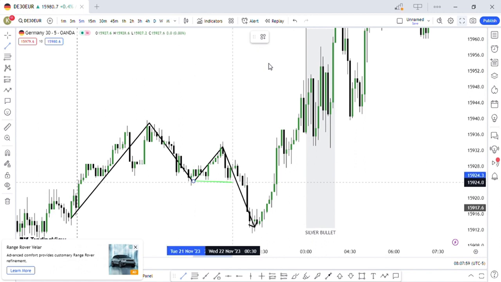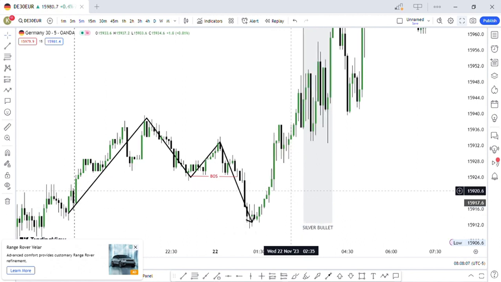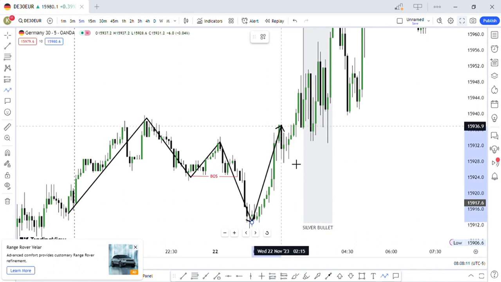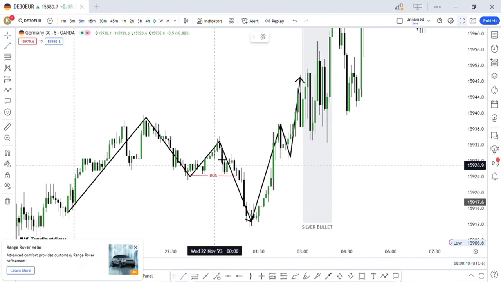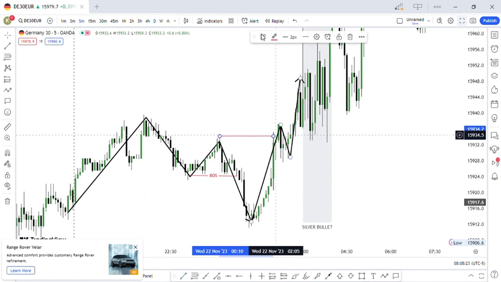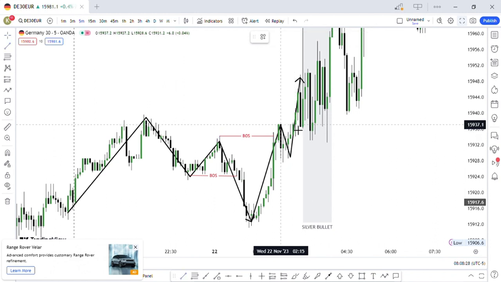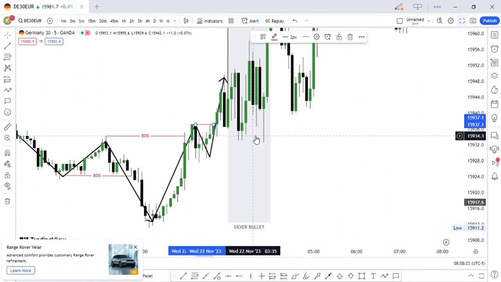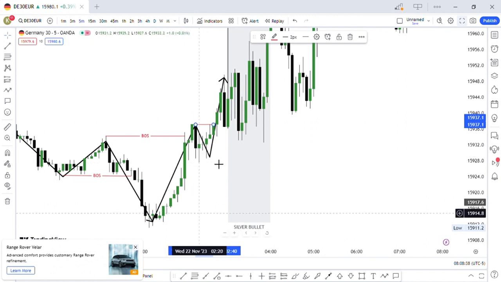The market might be bearish, but just for the silver bullet time hit, we have this change in direction, right? Well, it's making this low, and so we have this. We have a break of structure from here. We have our change in direction. This market structure shift. This is our break of structure. So now we don't look for price to go down. We're looking for price to go up, right?